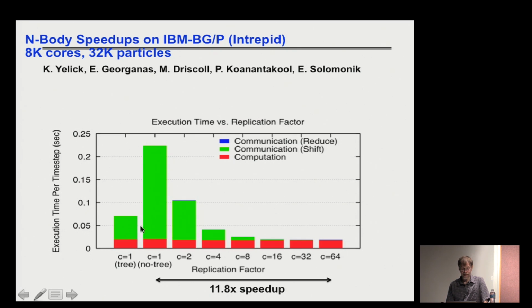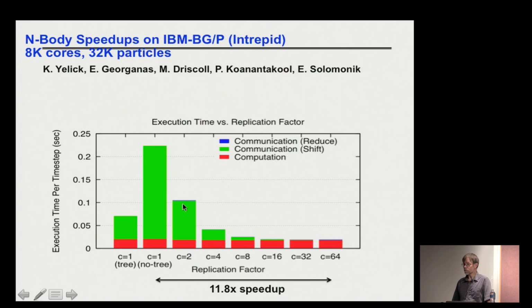So what about this? It turns out that this particular platform, which they don't build anymore, had 2 different kinds of interconnect networks. It had a regular old 3-dimensional torus, connecting neighboring processors, but it had a separate tree interconnect, which was built especially for doing reductions and broadcasts. If you use that to do the reductions and broadcasts in the algorithm, the speed up was still there, but it wasn't as big as before. They abandoned that extra network for the next generation of this machine. For BGQ, they threw it away, and they only have a 5-dimensional torus instead of a 3-dimensional torus. So that bar has gone away. Anyway, that is how much faster we can make